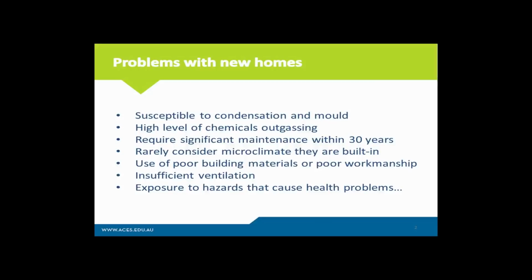The first problem we find with a lot of new homes, especially in cool or warm temperate climates, is the development of condensation and mould-related problems. Recent studies by Dr. Tim Law from the University of Tasmania has documented significant condensation problems in 40% of new builds in Tasmania. That is staggering. And we will look at why that is happening and what needs to be done to reduce exposure and the